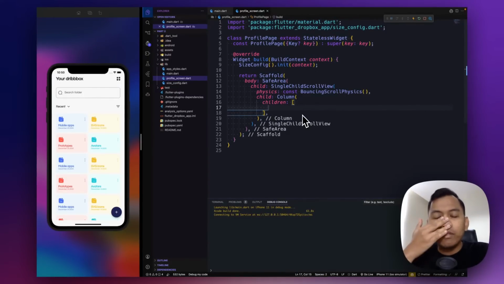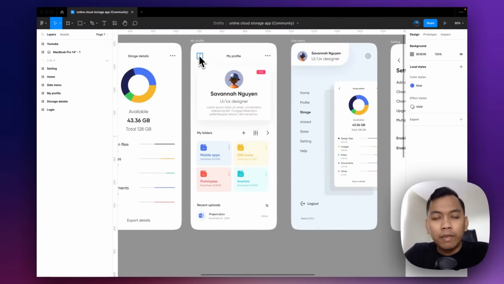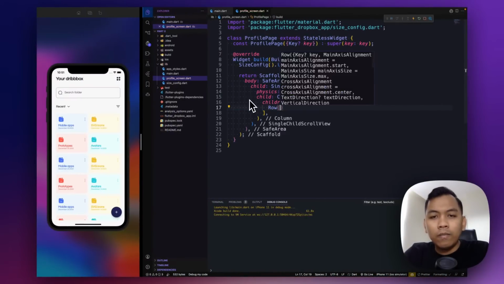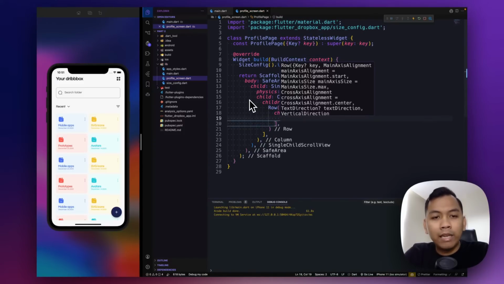And the first child, because it's aligned from left to right, we can simply think of it as a Row widget. Row also will have children. It means that we can place many children inside it.